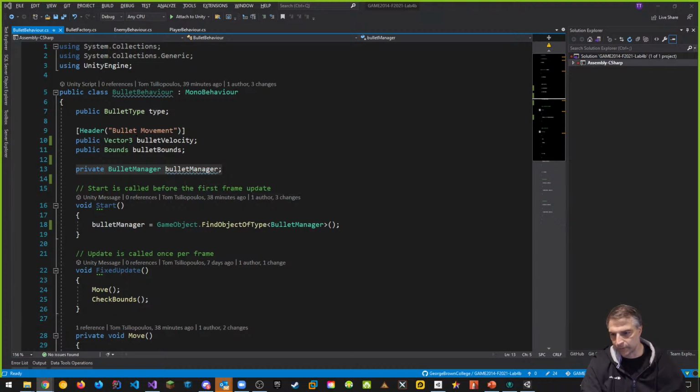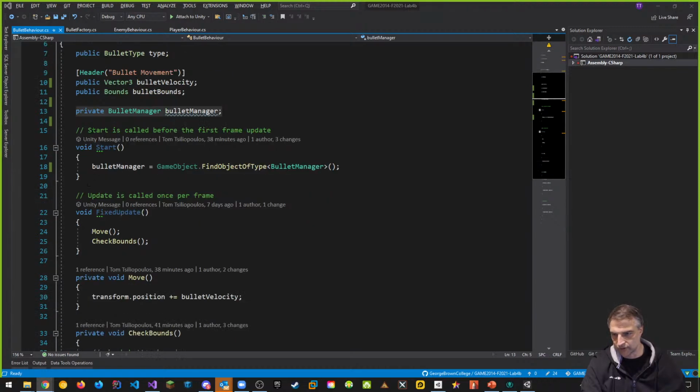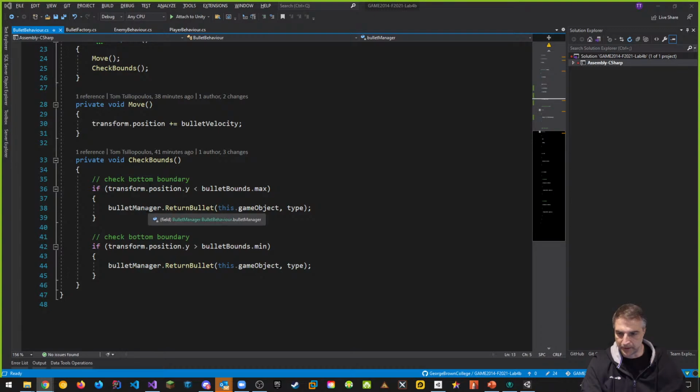Because then I don't have to reference the BulletManager and I can cut down on the start script altogether, which I don't need. If I cut down the start script and the BulletManager reference, then how do I do this part? BulletManager return bullet. Well, there's only one, so then I can have some kind of instance is what I really want to do, right? An instance. So when can I get that done? How does that work, right? And guys, I'm posing these questions to you so you can think about it for yourselves. How do I create this stuff? As an example, how do I make a